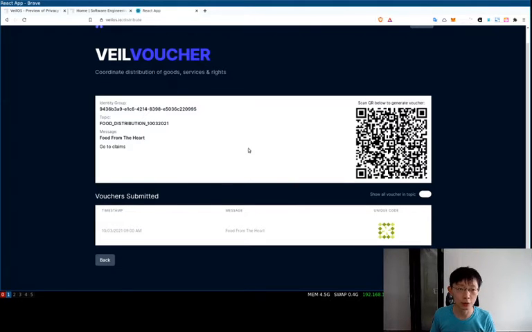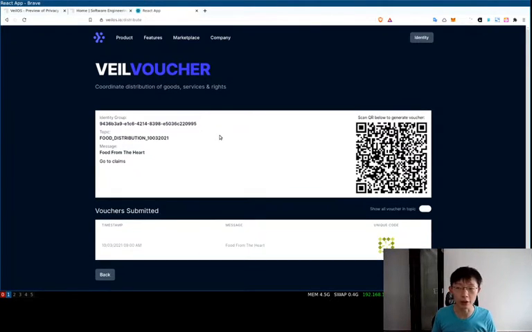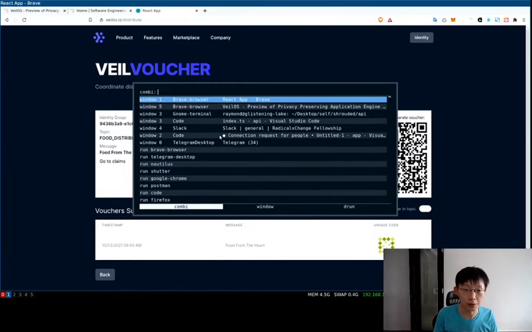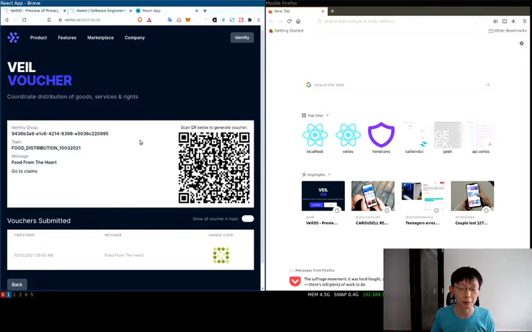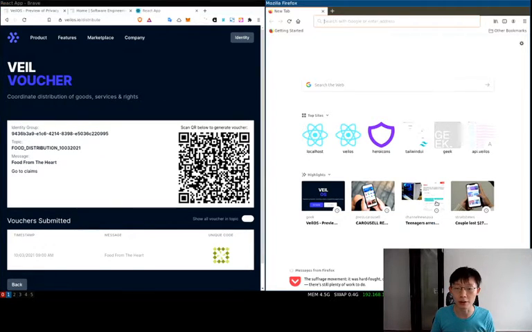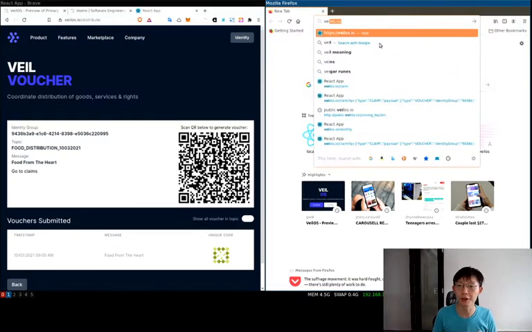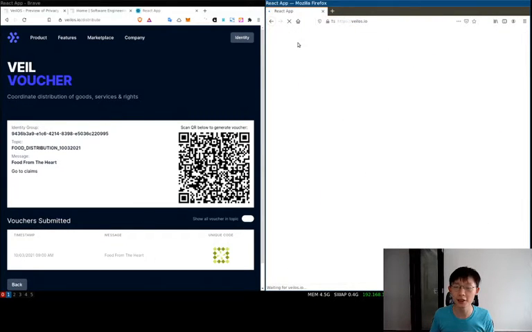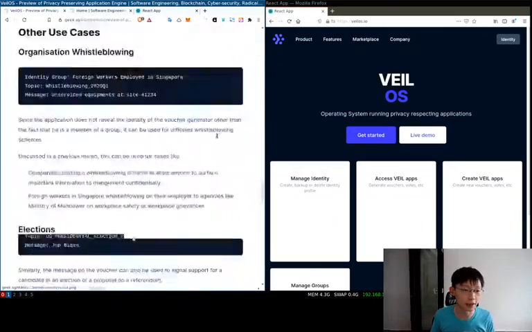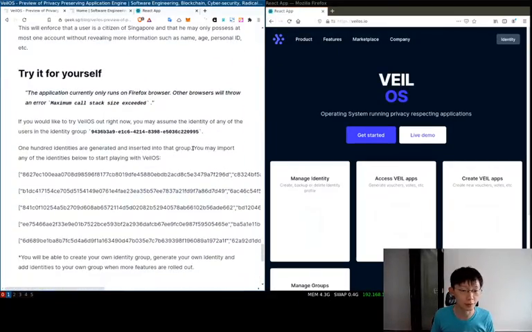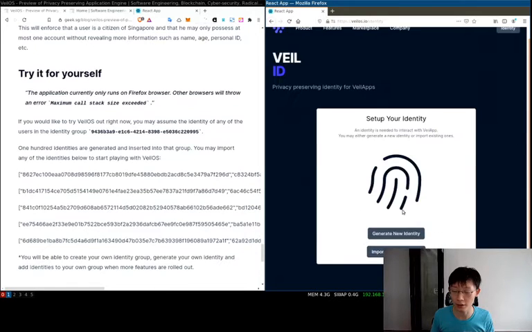beneficiaries. Now we will log on as a beneficiary. To do that, I'll launch another browser. The one on the left represents the NGO, while the one on the right will represent the beneficiaries. First up, we'll need to initialize the identity card of the beneficiary. There are some demo identities that you can use here, just right here. So I can just delete this and assume one of these identities,